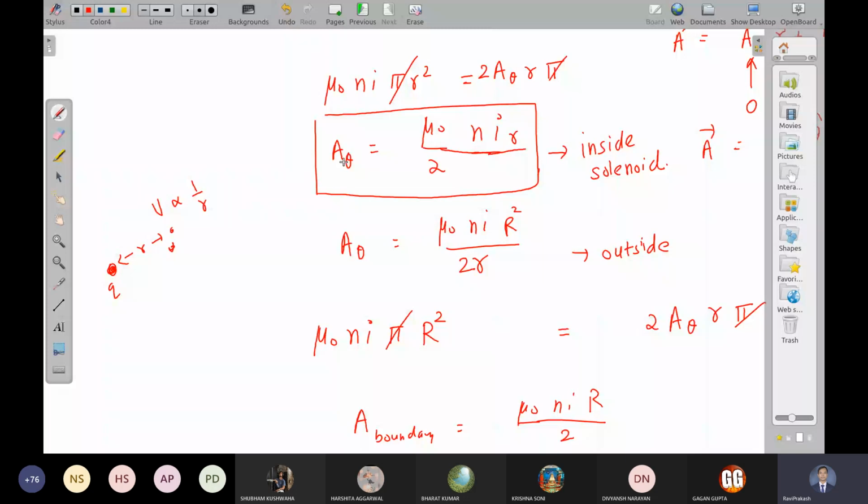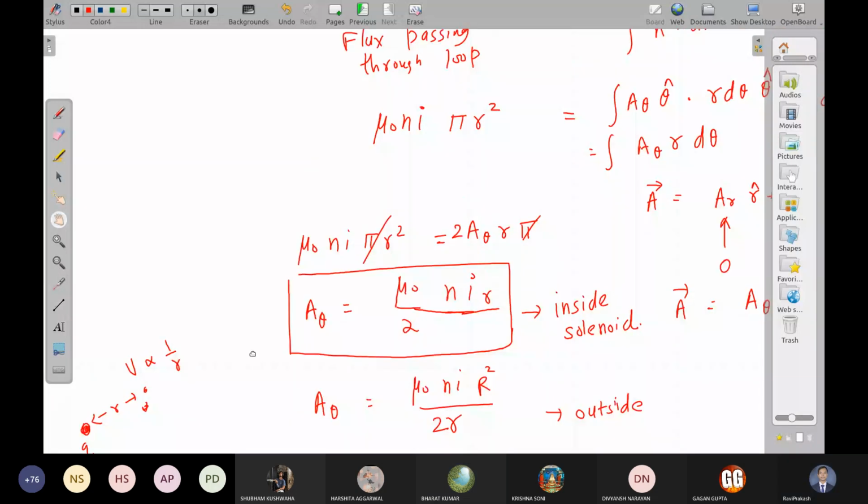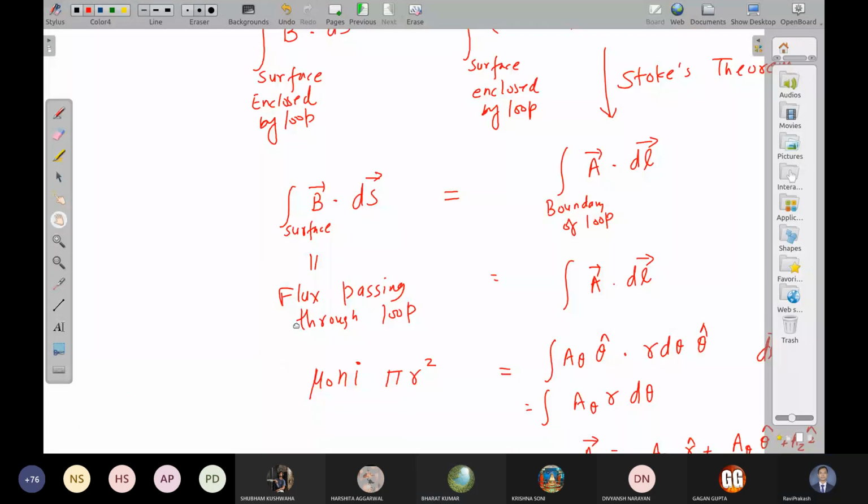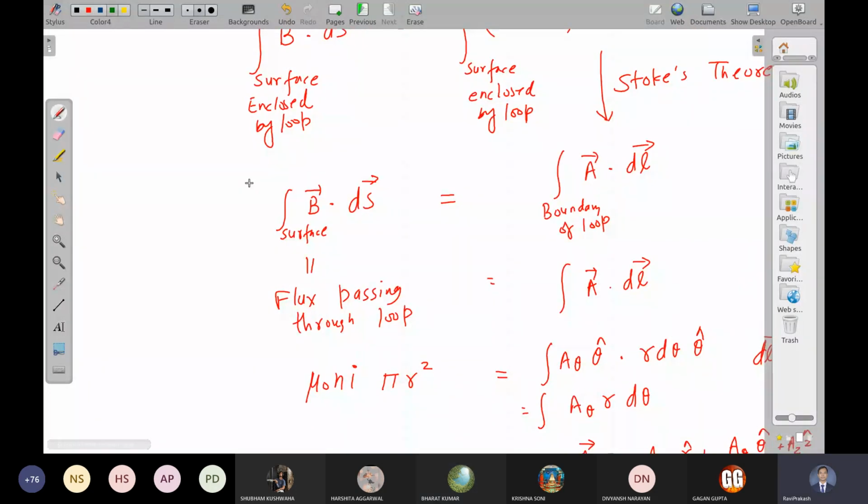Take a solid sphere of charge and calculate the potential inside this solid sphere. Inside the solid sphere, it is not 1 by r. It is proportional to r or something like that, right? So the same thing is happening here, depending on the current surrounding the environment. Inside it can change, but outside it is the same. So this is one crucial point: you can always use this equation, at least wherever there is a symmetry. This equation is going to help you.